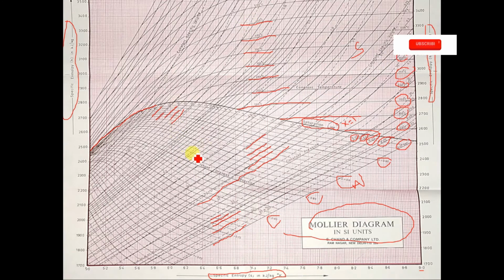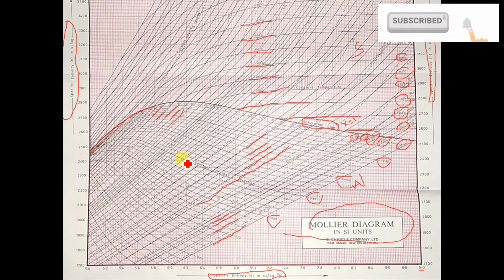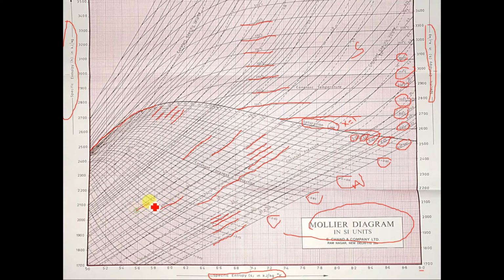Next one, we will look at specific volume. As I told you, dotted lines are specific volume lines. Check here, all dotted lines are the specific volume lines. For example, take 0.02, 0.03, 0.1, 0.2, 0.5, 2, 5, 20, 50, 80. These all are specific volume lines, dotted lines. Look here, it goes from steam to superheated steam, straight line. These all are the specific volume. So this is all about the schematic of Mollier diagram.